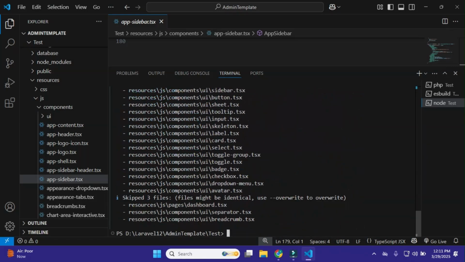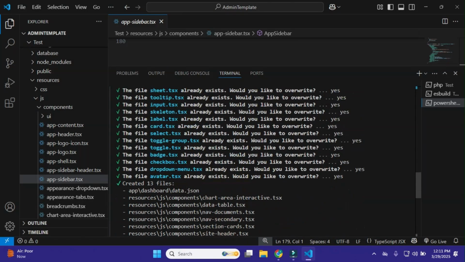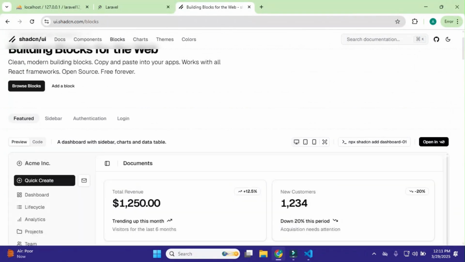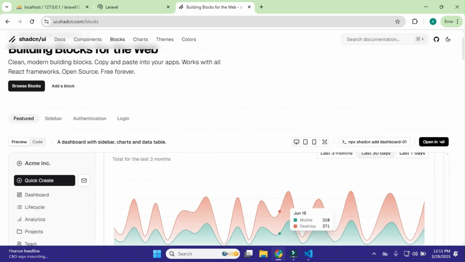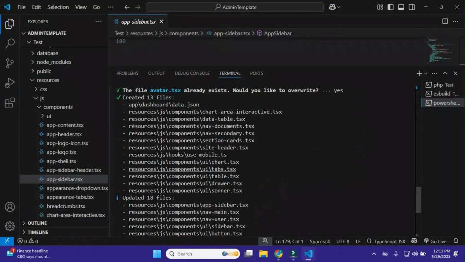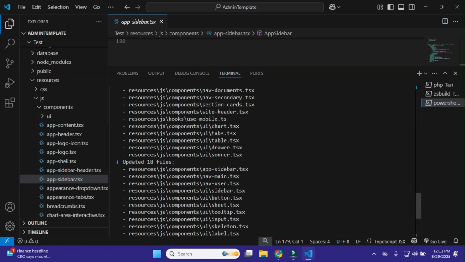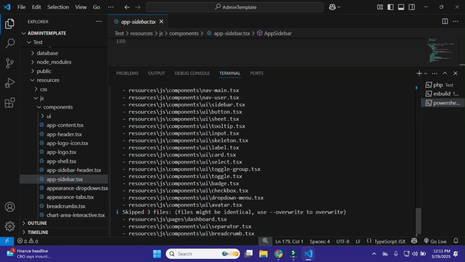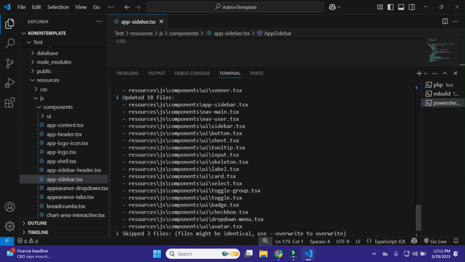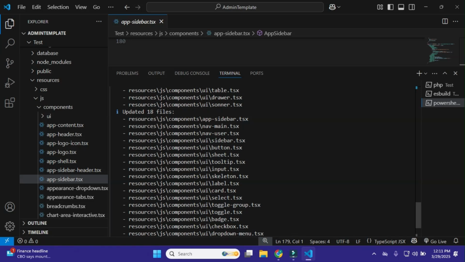Okay, and after updating all the files, this dashboard needs the charts that are showing me here and other components from chart. So it automatically adds these hooks, UI, and charts, all the things. And here you can see it added sonner and drawer. So we need to install the sonner dependency also in our project.